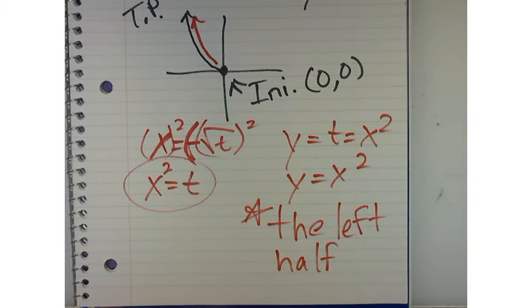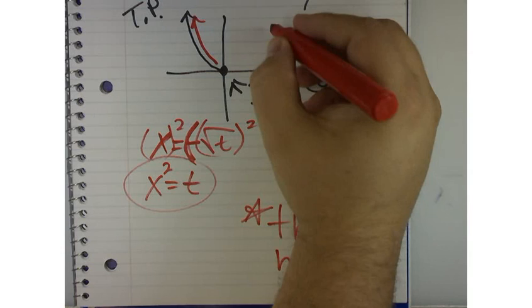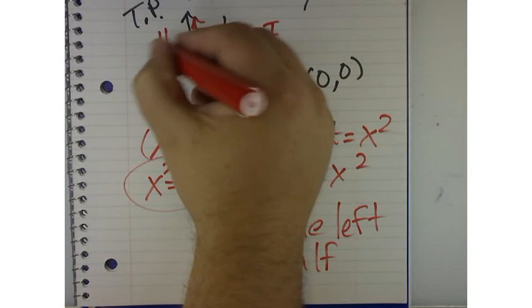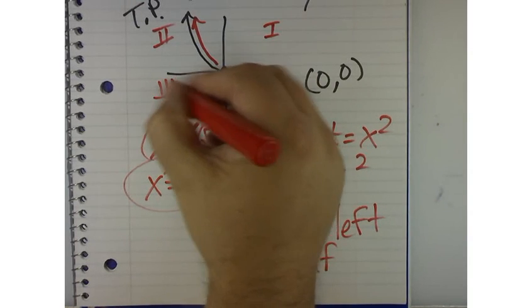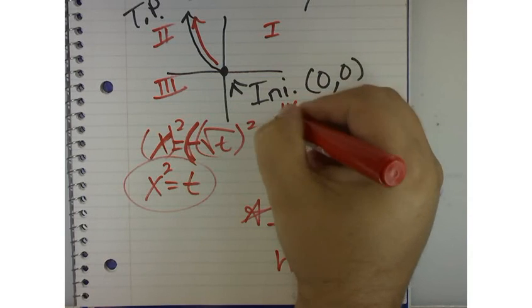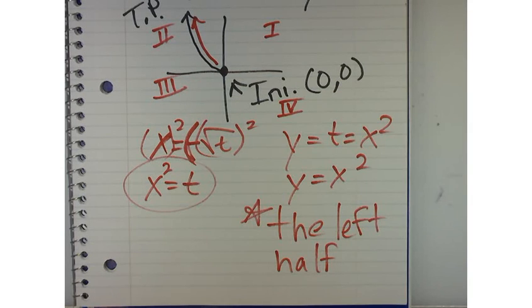Do the quadrants go counterclockwise? Could we go this way? No, 1, 2, 3, 4. The quadrants go 1, 2, 3, and then 4. Okay? This helps